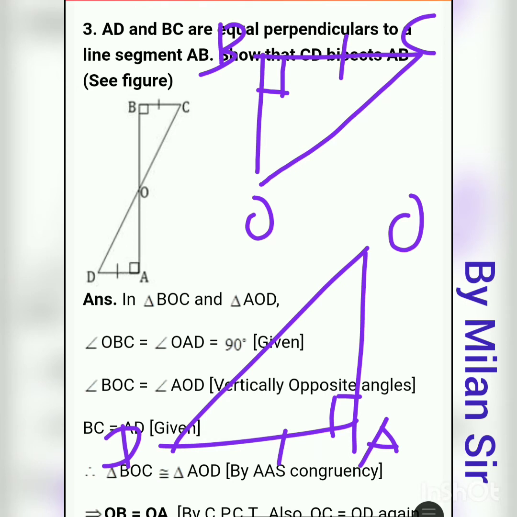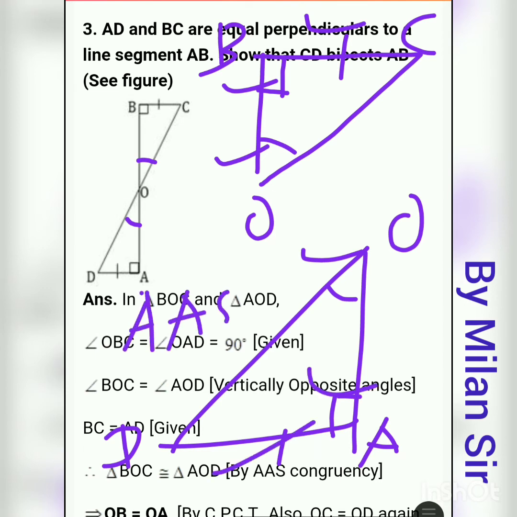And if you look at these two triangles carefully, here it makes vertically opposite angles, right? It forms the X shape. Okay, and we know that vertically opposite angles are equal. We already discussed these things in our previous chapter, lines and angles. So these two angles are the same. So in these two triangles, three things we have the same: one side, one angle and one angle, right? So by using the angle side criteria, we can say that these two triangles are congruent. Okay, and from that by using the CPCT we can say that OB is equal to OA.